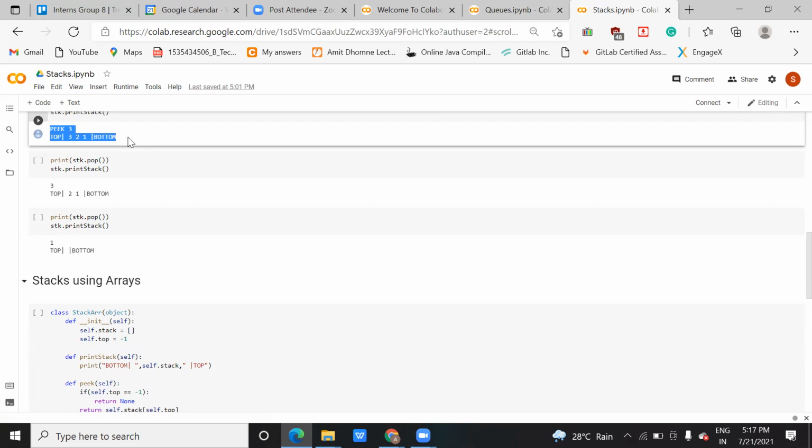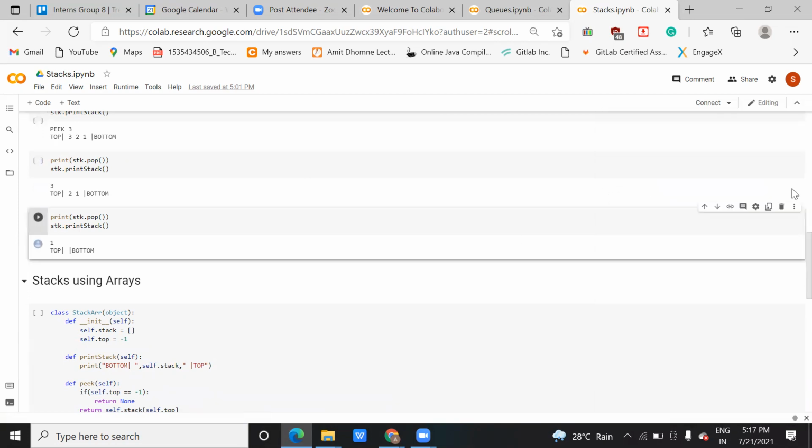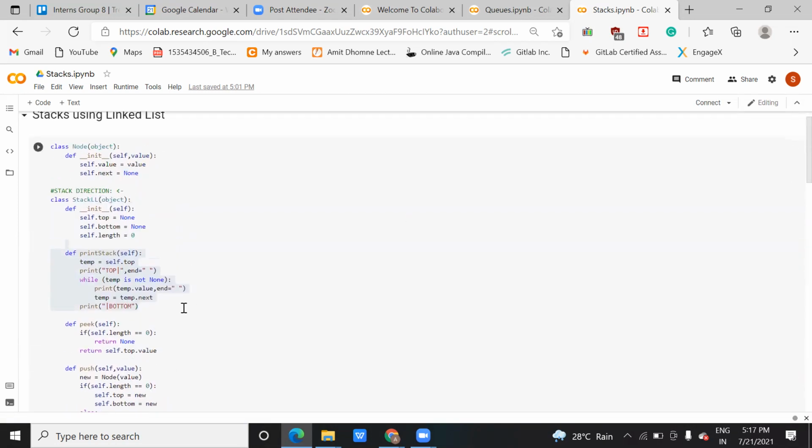Like this the output will come. So here, in this function, whatever the top element is, I will assign to my temporary variable. Then I will print top, comma, then there will be a space, and this is based on the while loop. This while loop will run until the temporary variable becomes None. Suppose you have three elements in your stack, then temp will be assigned three times, and this while loop will run three times, and this temporary variable will keep on changing. Temp is equal to temp.next.